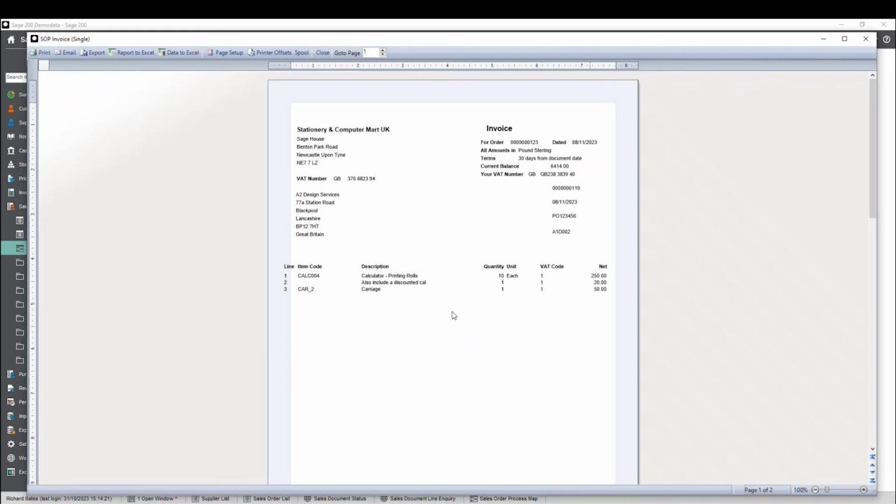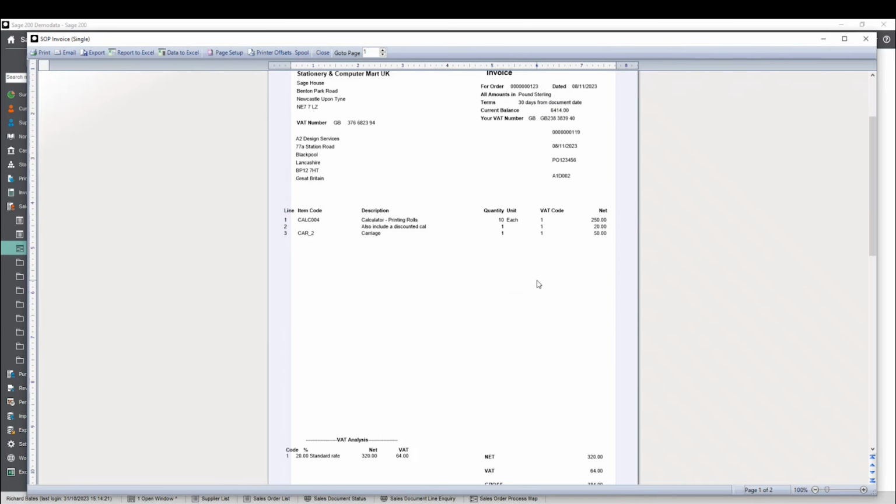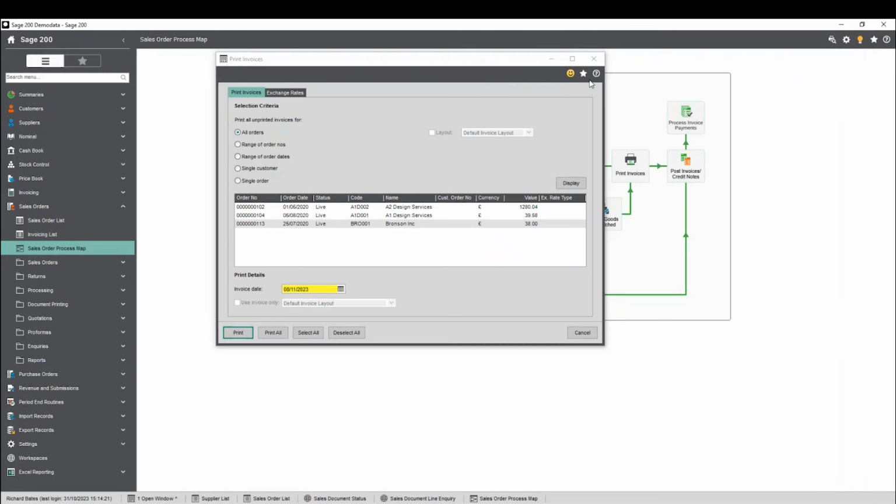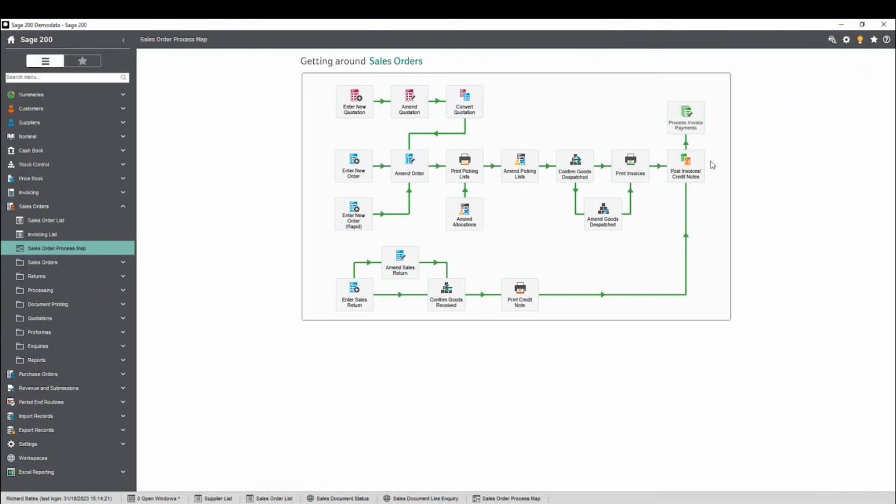That's going to come up on the screen as well, just to show you what that looks like. My two invoices. Now, the final process would be to post those invoices, and the way that Sage 200 works is slightly different